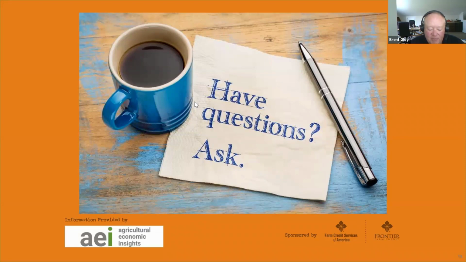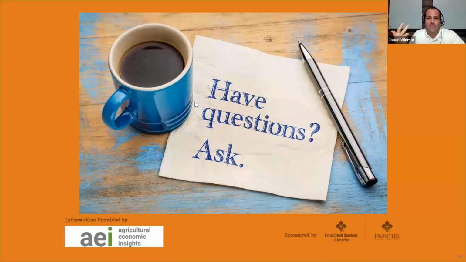The other thing I would encourage people to do is look at the webinar we did on machinery costs. At the heart of that webinar is the discussion of the trade-off between the cost of ownership and repairs, and how you evaluate that. So we have a whole session on that. Take a look at that one. In that webinar, we talked about the dirty five: depreciation, interest, repairs, taxes, and insurance. If you want to really capture what your equipment costs are, you want to capture all those into a bucket. So I think that's a good webinar for you to look into.